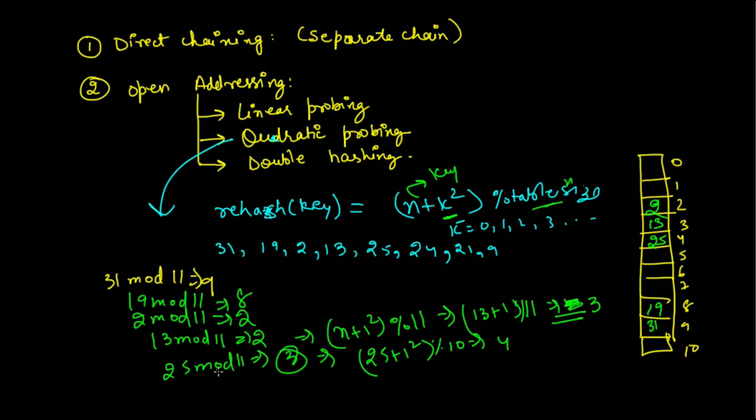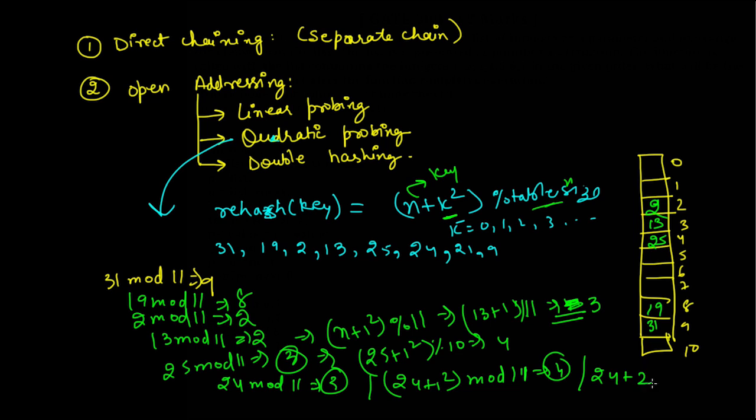The next value is 24. 24 mod 11 gives index location 3, which already has data, so we increment the value of k. It will be (24 + 1 square) mod 11, and again we get index location 4, which is already filled. Then again we do (24 + 2 square) mod 11, which gives us the index location